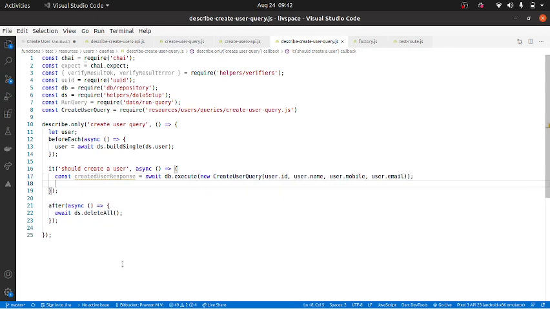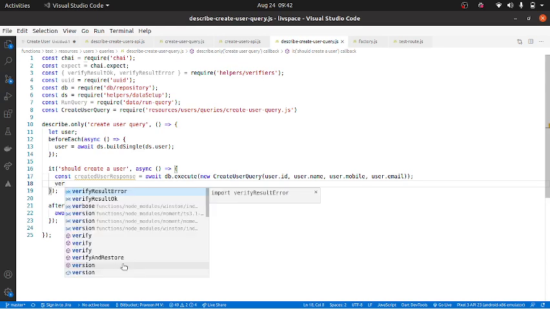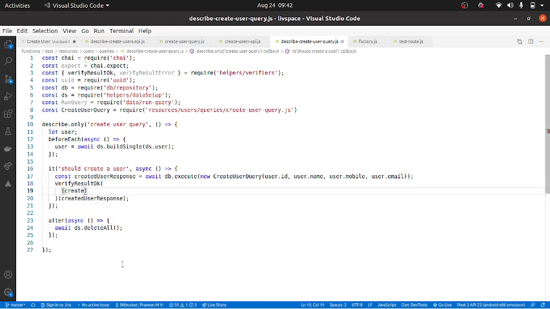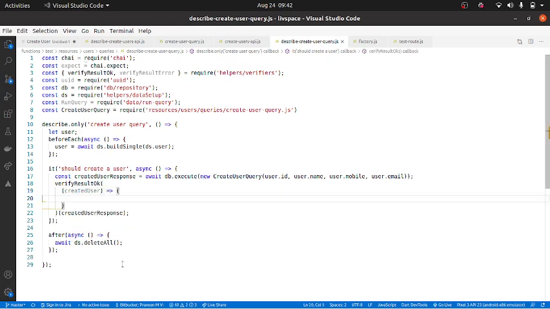Now I can basically verify a result. Okay, and we are saying this create user response should basically give me the created user, and the created user should be the same as this one.